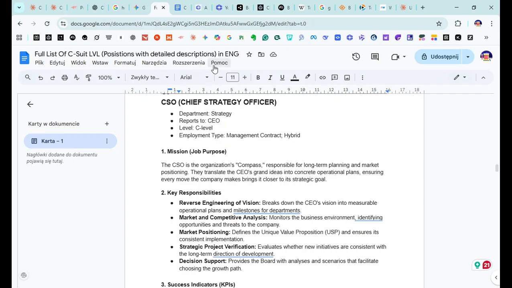Or CISO, so Chief Information Security Officer. This gets foggy with other roles. So I thought, yeah, CISO could be better because it wouldn't double as CSO. So I kind of added it.